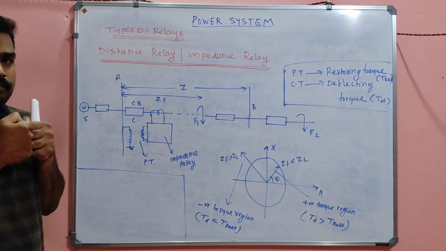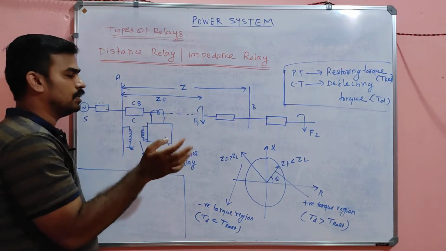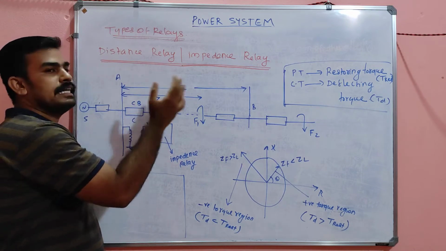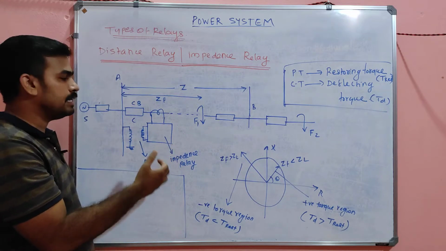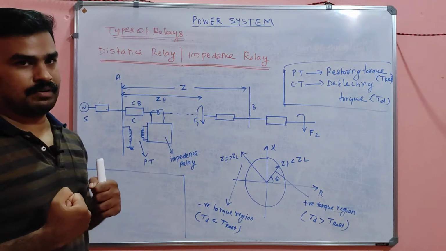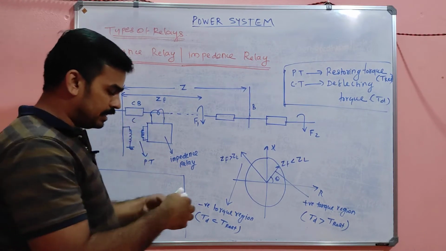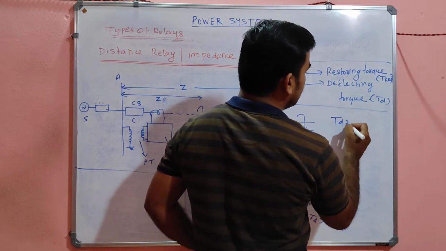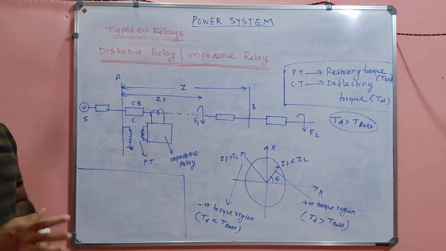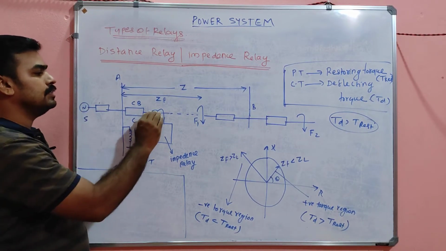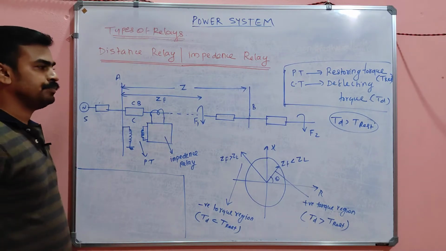And the deflecting torque, or the operating torque, is provided by the CT, because whenever the current exceeds a certain value, the CT secondary coil will activate and it will trip the circuit. This will operate when T_D is greater than T_restore. Only when the deflecting torque is greater than the restoring torque will this relay activate and the circuit be isolated or tripped, that's all. See my dear,